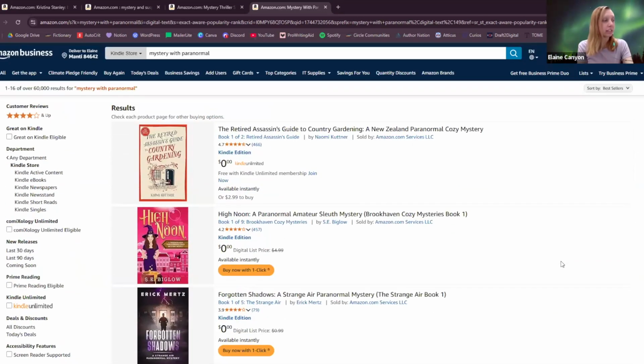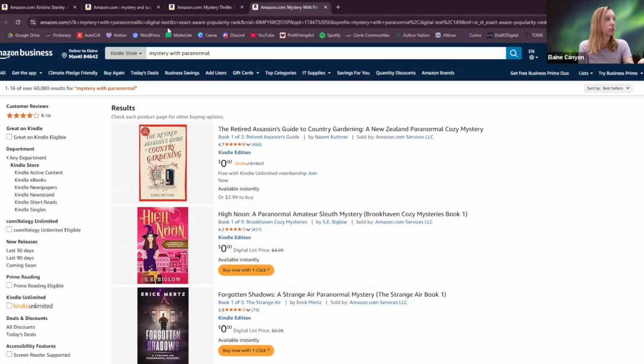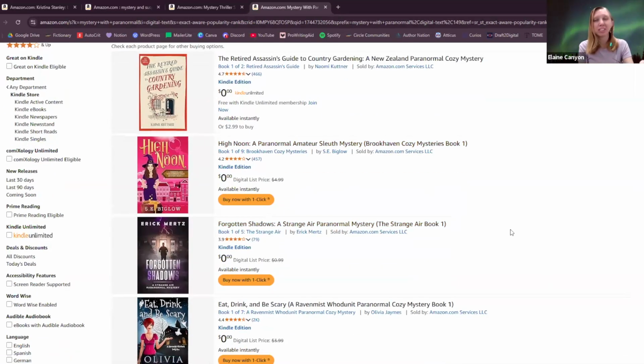So given that and looking at what's here, I would say the only book on this list of searching for mystery with paranormal that I would say would be close and that we could look at for Kristina's is this one here, The Forgotten Shadows. Everything else on this list does not convey the experience that I expect from Kristina's book. So this is how you do market research. This is how you find your comp covers, and this is how you figure out what needs to go onto your